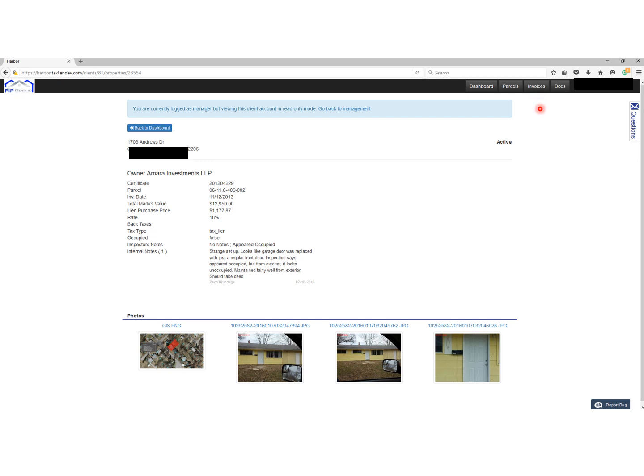Invoices is a works in progress. Again, this is a new database that we continue to build onto and make user-friendly for our investors. Eventually, invoices will land in here, and you'll have the ability to pay them straight through the website. Right now, just for sake of being expedient, we're still going to send you your invoices by email or by snail mail. But again, it's a work in progress. You might find them in here, you might not. Either way, we're going to send them to you.